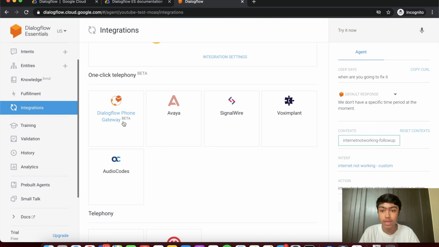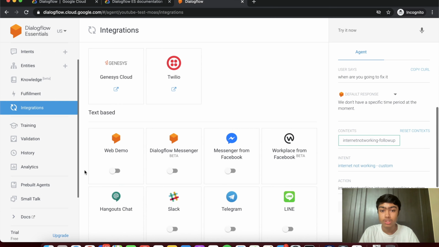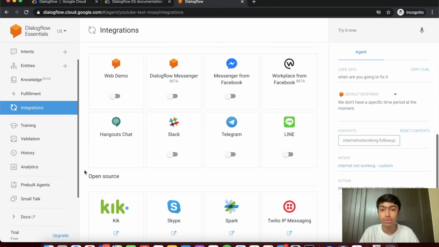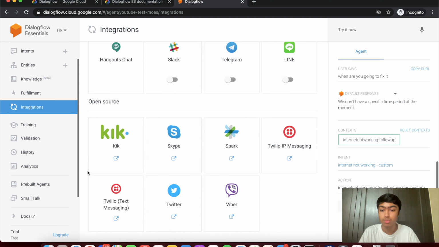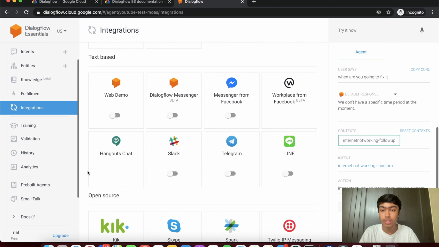So you can connect Dialogflow to a phone number and actually talk to your agent. There are so many other integrations you can do. You can create a web demo, a website that you can share with your friends and family where they can chat with it. You can integrate with Hangouts Chat, Slack, Telegram, Facebook Messenger, Skype, Twitter. There are so many things you can integrate it with, and people are never going to know that it's part